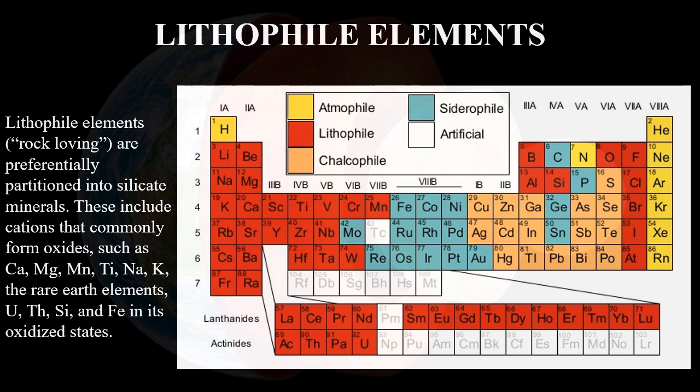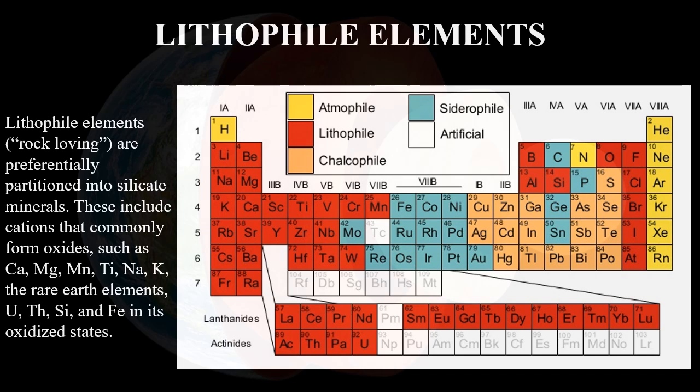So now let's learn these elements one by one. So what are lithophile elements? Lithophile elements are in fact rock loving, and they preferentially partition into silicate minerals. These include cations that commonly form oxides such as calcium, magnesium, manganese, titanium, sodium, potassium, and the rare earth elements,